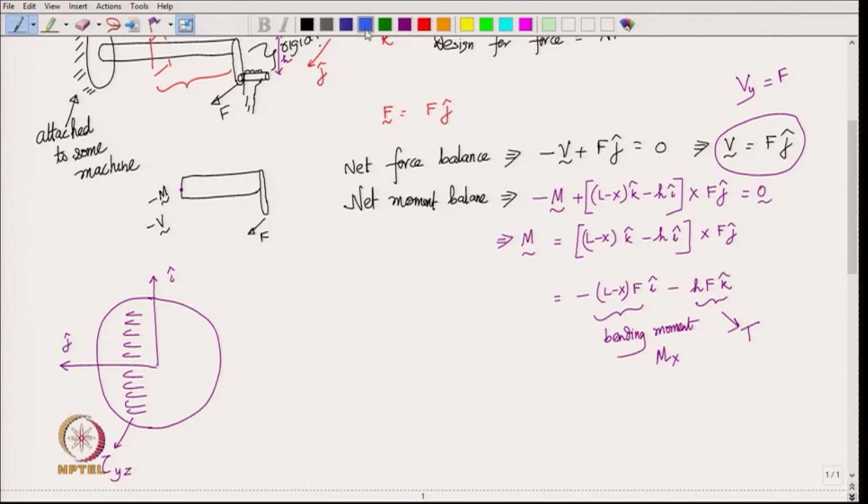Now, due to bending moment, what are you going to have? We will have normal stress. So, bending moment is going to generate normal stress coming out of the cross section, and that is sigma z z, correct. Whereas, due to torque, we are going to have shear stress tau theta z. So, we will have tau theta z in the theta direction,